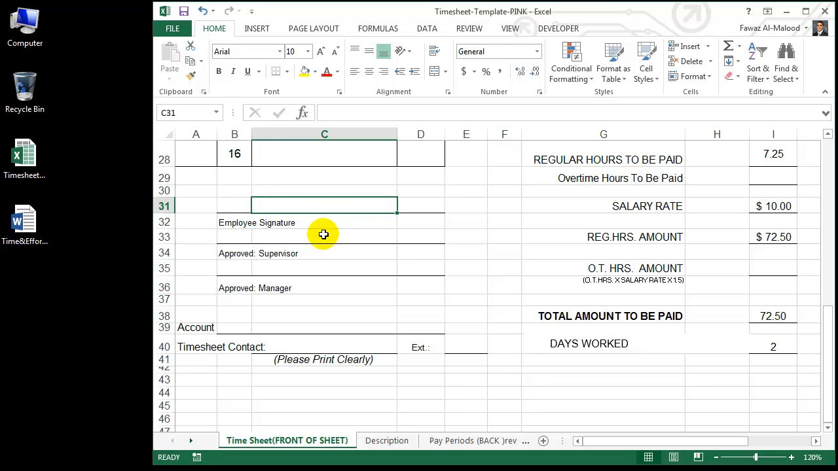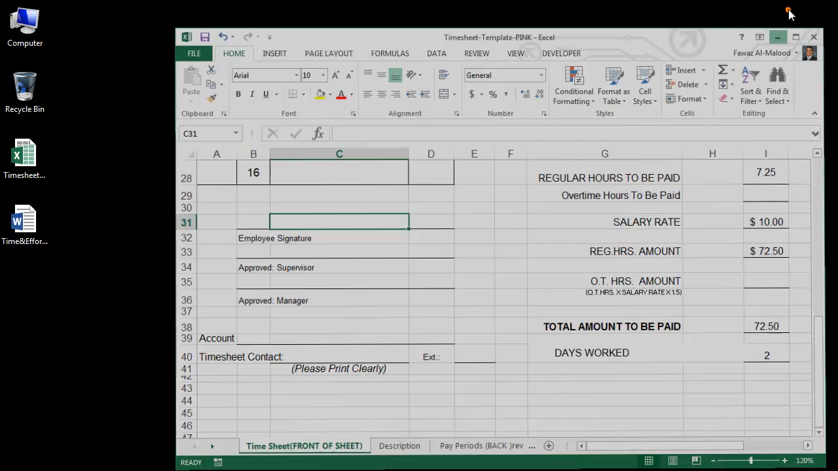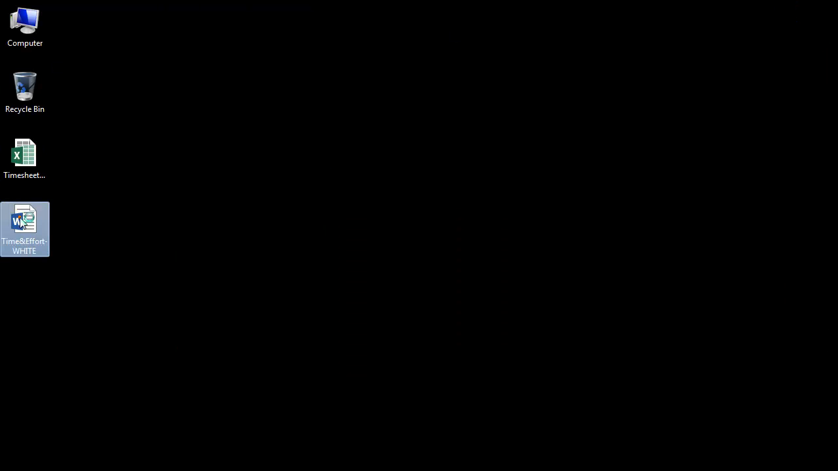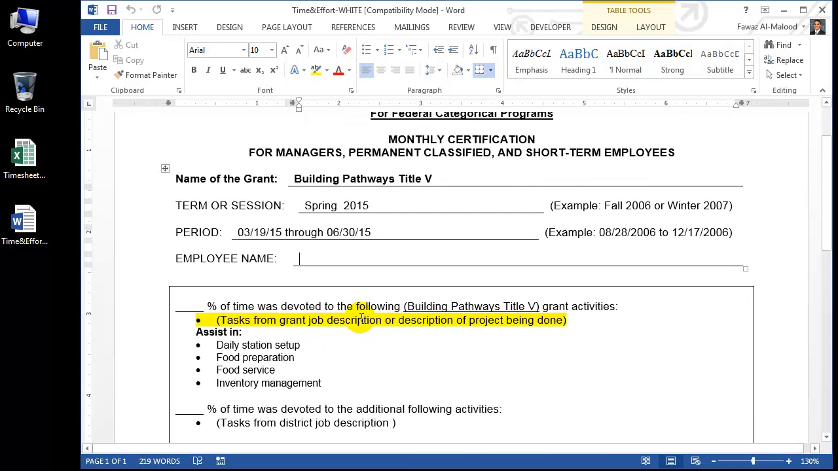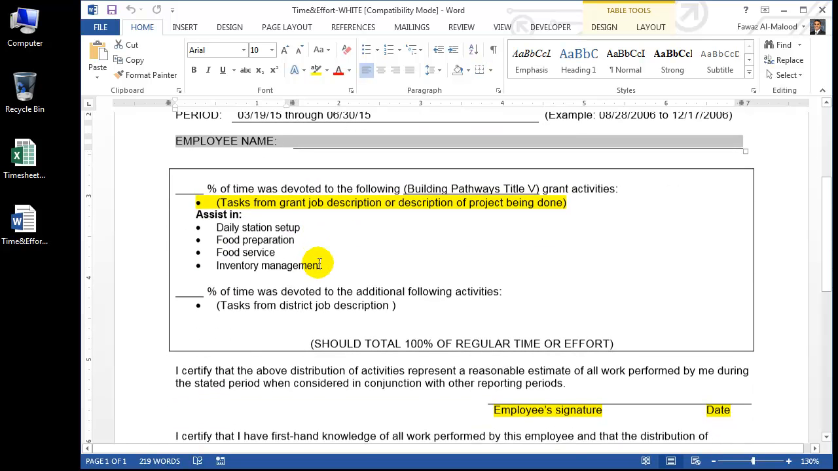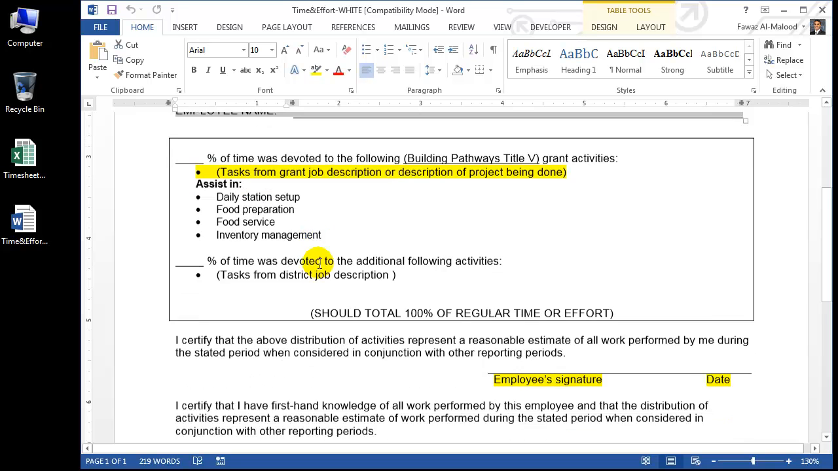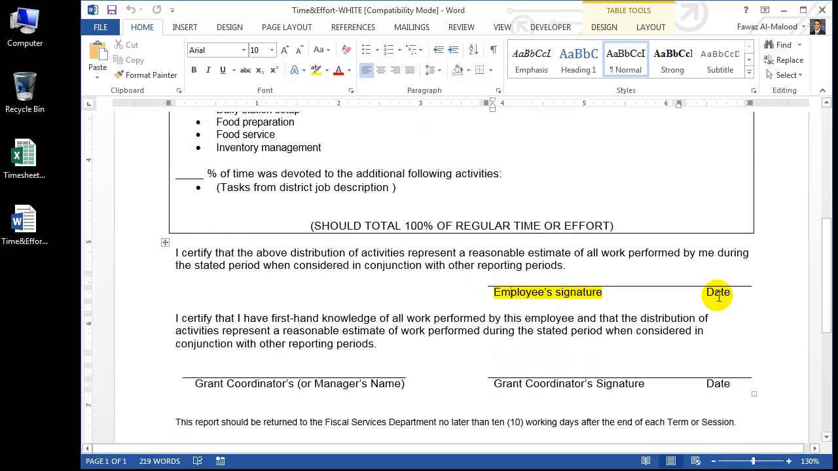The second document that you need to submit is the time and effort form, which is a Word document that's also attached to the email that I sent you. All you need to do on this document is type in your name right here, print this document out on a white paper, sign it, and date it,